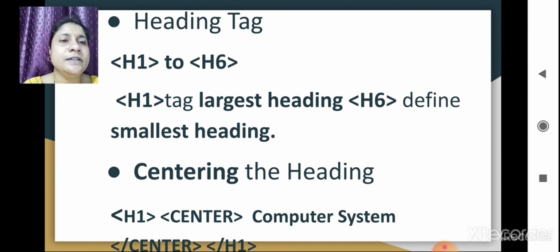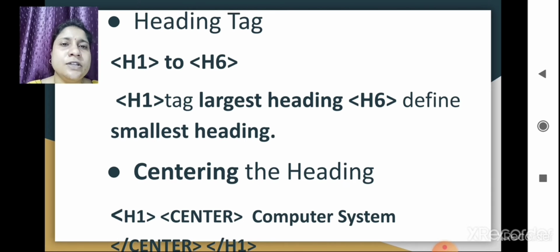Then centering the heading. If you want to give the heading in the center of your web page, then in the heading tag you have to write the center tag and give the name, logo, institute name or company name, whatever, and close the center tag.